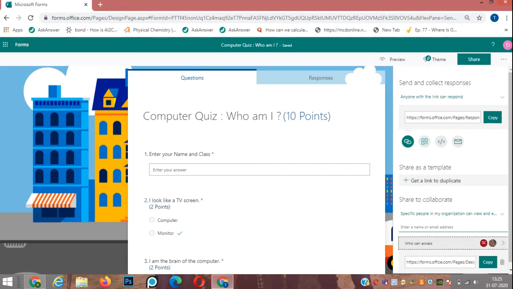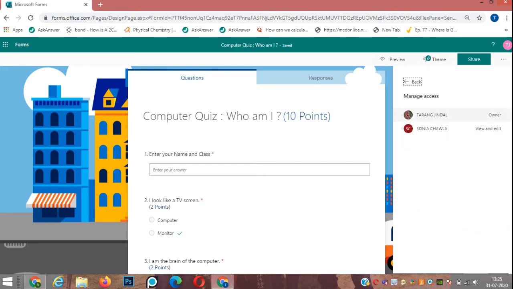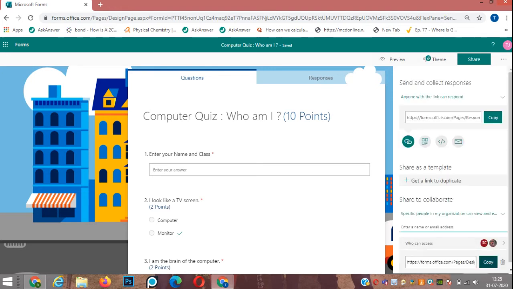If we check who can access, see, it is showing Tarang Jindal owner, view and edit. Sonia Chawla also has the right to view and edit this form. Back with link, you can share it with anybody. From here you can copy the link, or now when Sonia Chawla will open her account